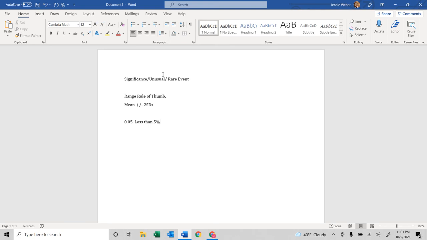So these are our two ways to tell significance. That range rule of thumb we already talked about, but what we're introducing in this chapter is this idea that if it occurs less than 5% of the time, it's considered significant or unusual. In other words, that's a small enough portion of the time that it makes me go, oh, that seems weird that it happened. It would be a shock for this to happen, so therefore maybe I need to look into this. And as I said, you will see going forward sometimes that level of significance change, but the most standard